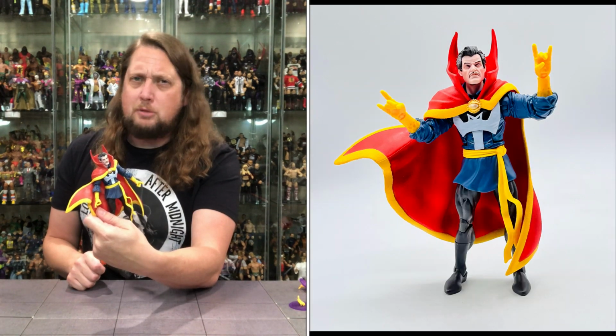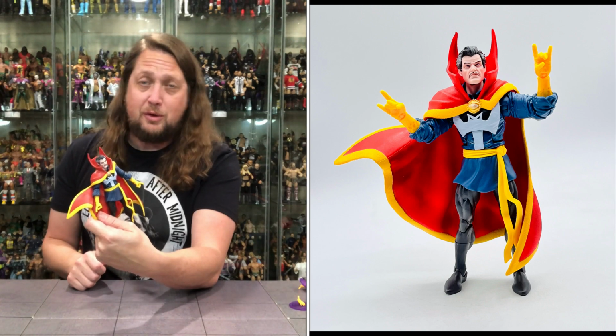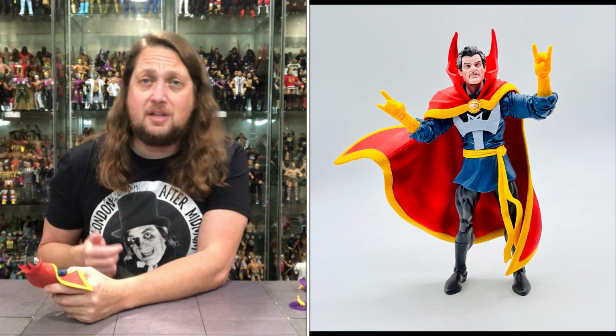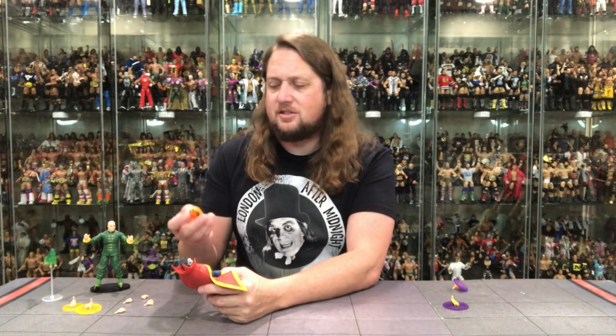This one's a little bit more muted in the colors, but a lot of reuse from those Doctor Stranges. We'll bust those out here in a little bit. But it looks like Doctor Strange, just a very sickly, pale Doctor Strange in the head sculpt. And then we get the